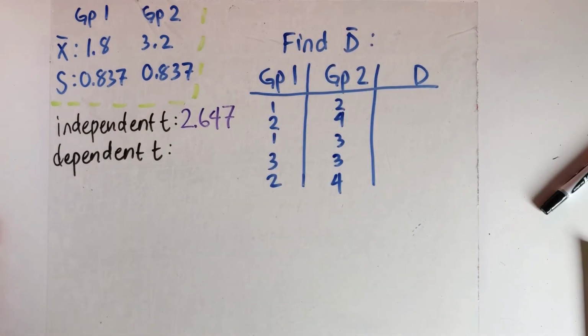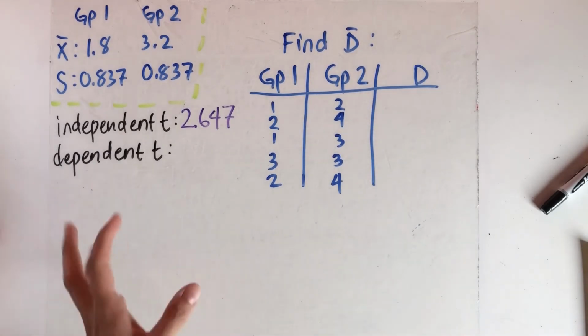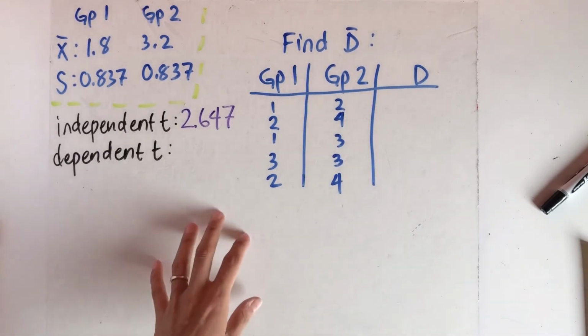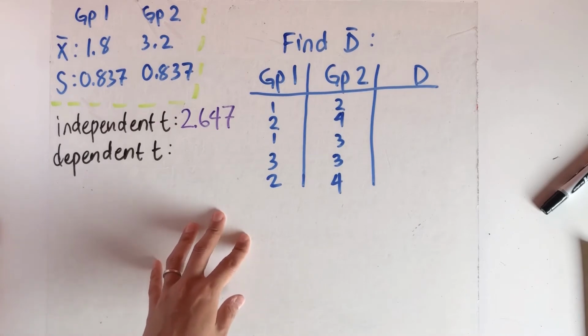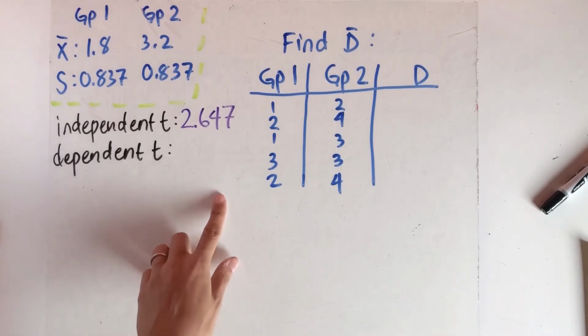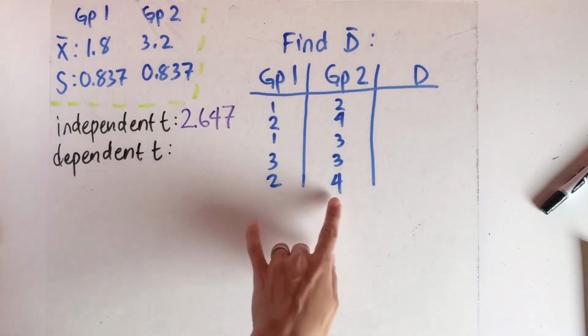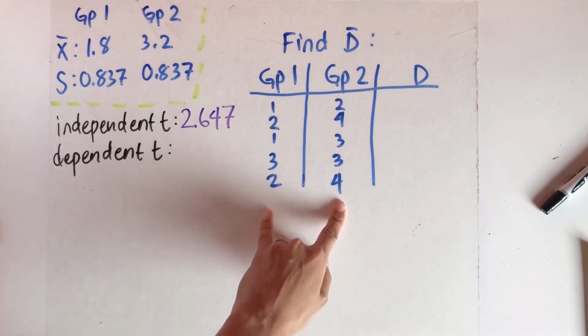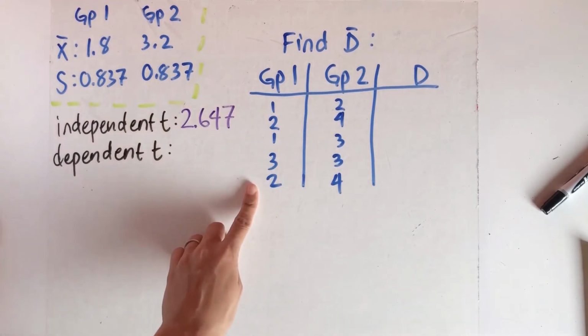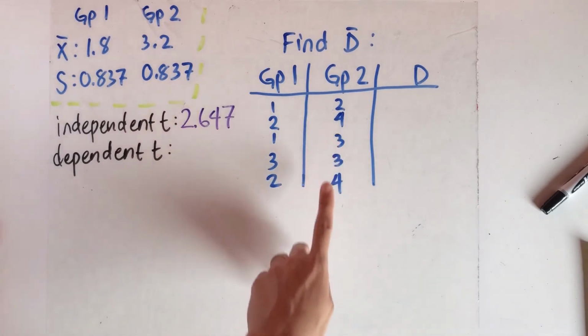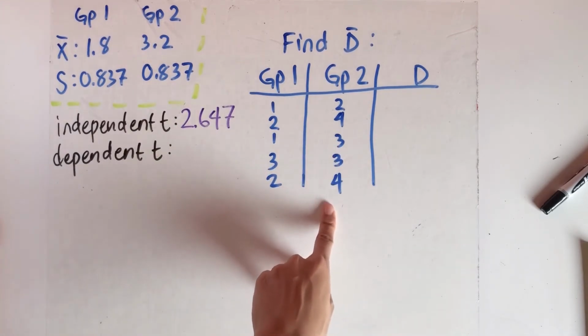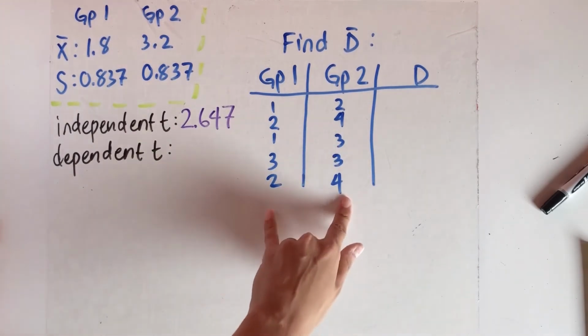So a very important part of the conceptual difference between an independent and a dependent t-test is how that difference in means, or the mean difference, is computed. The idea here is that before, with the independent t-test, we're looking at group 1 and group 2 as completely independent samples, which means that 5 participants were randomly assigned to group 1 and another different 5 were assigned to group 2, and they give us these observations.